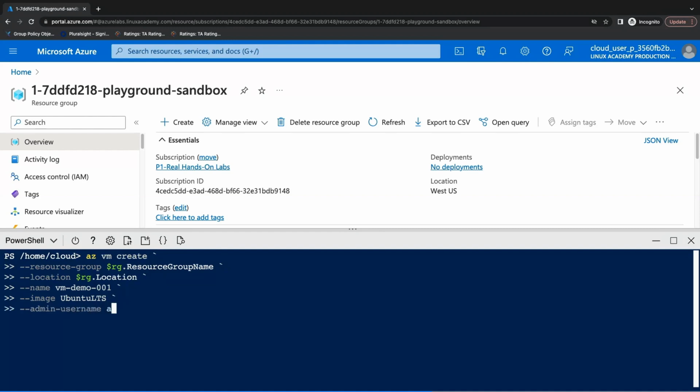I'm going to specify mine as Cloud Chase, skip down to the next line, and I'm going to generate some SSH keys. And then I'm going to skip down to the next line, and I'm going to hit enter. And I'm going to type no wait, because I'm not going to wait around for this command to complete here. I want to just get my prompt back. Now, if we didn't want to get our prompt back and we wanted to wait around, we could just remove this command